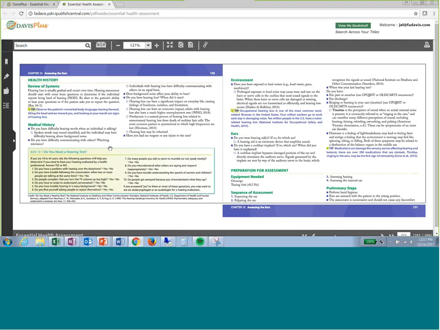It is designed to elicit information that you can use as a healthcare professional, as a professional nurse, to establish the baseline. We all know that assessment is the foundation of nursing process and nursing care. Well, this book is the way to establish that foundation in the physical health, in the health assessment. So we go through the review of systems, we go through the medical history, we go through environmental questions, and